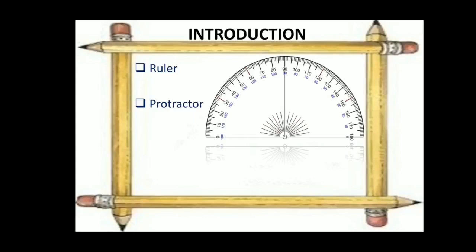Yes. So you can see the blue values are 0, 10, 20, 30 like that, and the other one is 180, 170 like that. So one we will use for clockwise measurement and one you will use for anti-clockwise measurement. I hope you remember all this for drawing angles in chapter 5. Correct? I will just give you a brief description of this. The blue values here, where the 0, 1, 2 starts from right. So if you are measuring from that side, then your measurement will be anti-clockwise. Okay?